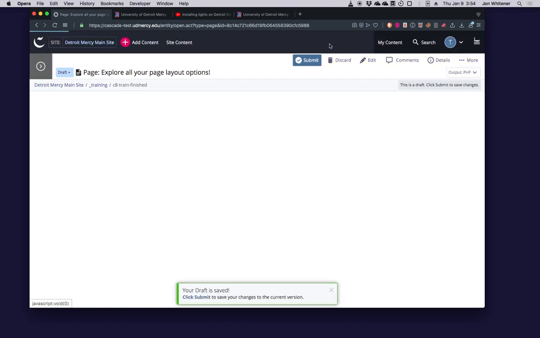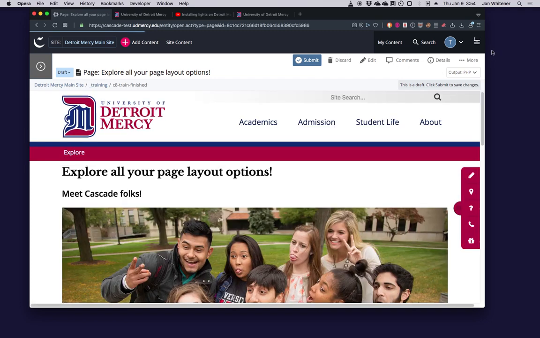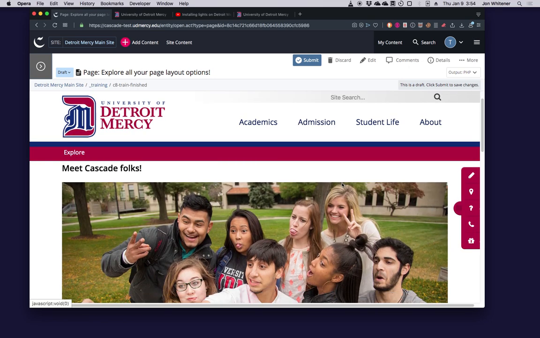And once again, Cascade will take several seconds to render the page. And we should see the new version of the page with the replaced image coming up momentarily. Okay, so the page is the same except the image has been swapped out.